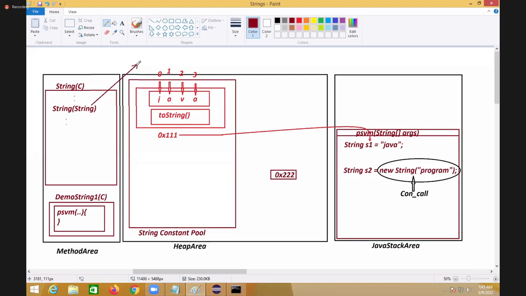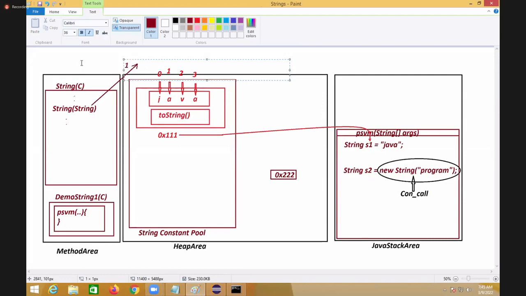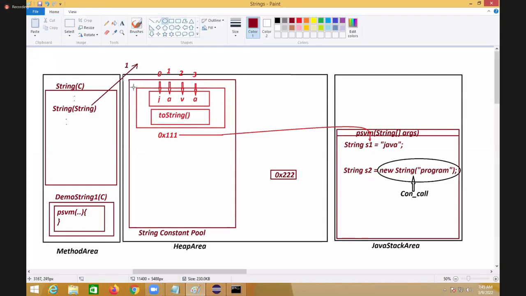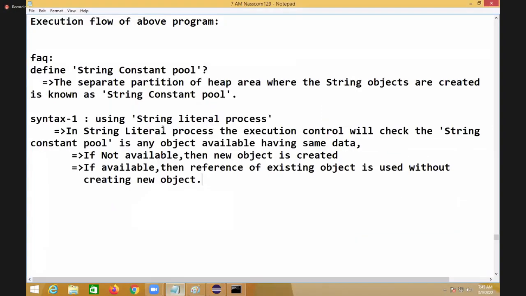Among those 15 constructors, which constructor is coming now? The constructor which is having string as a parameter, because you are passing string as a parameter now. Yes or no? You are passing string as a parameter. See there, this is coming out. I am drawing one diagram for it. I am analyzing this line now. This string will come out. Because of this reason,